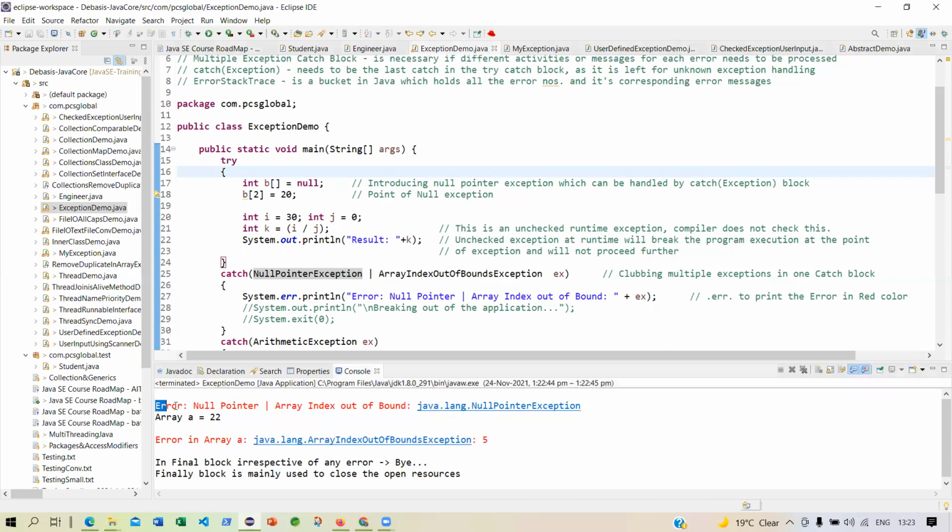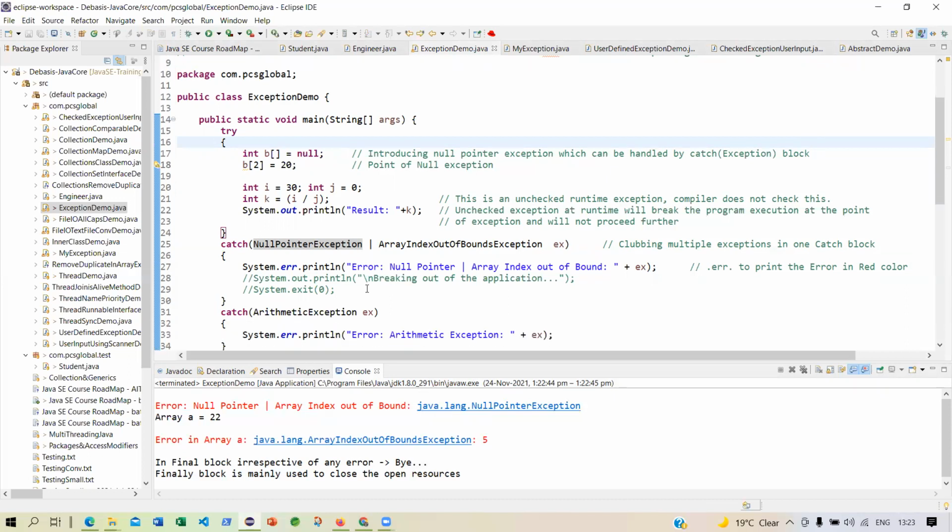This is not an error message given by the Java runtime engine. This is basically what you have handled and given in one line. It is coming here because it has encountered an error here.